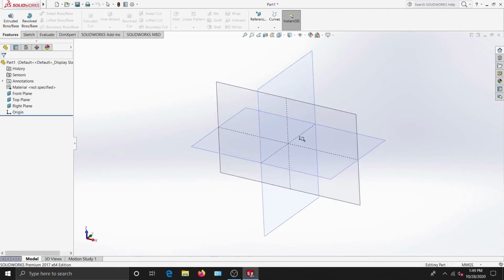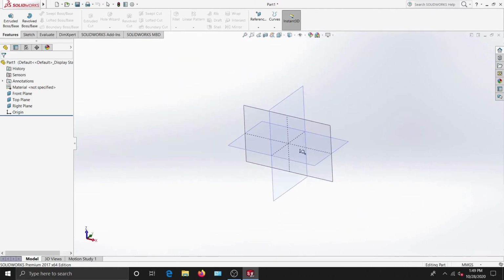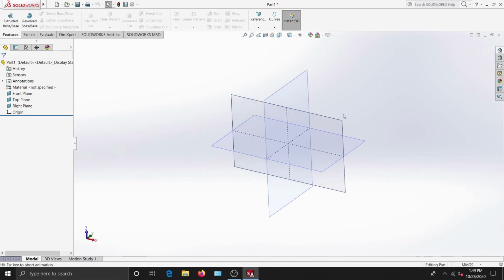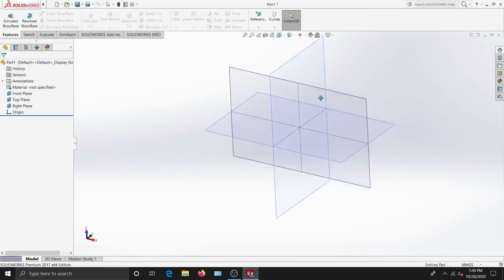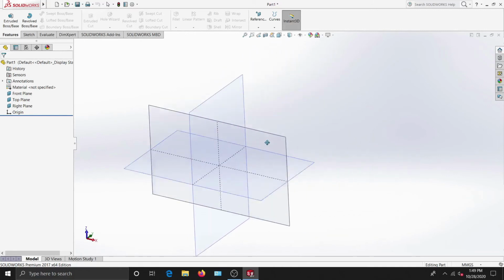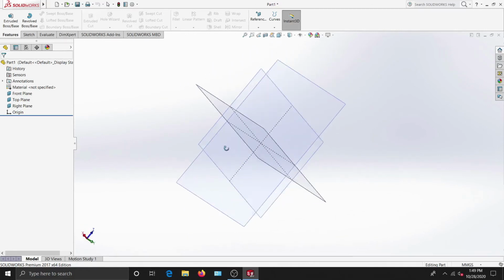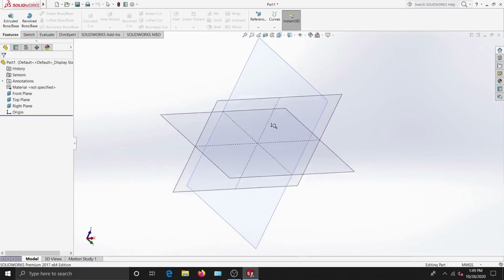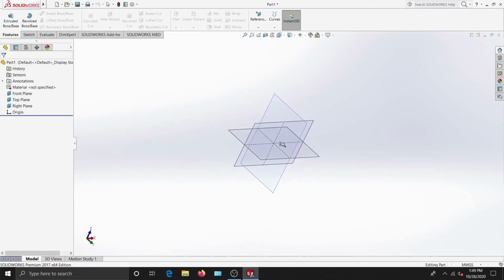Okay, so with my scroll wheel I can zoom in and zoom out, and for panning we can use control and middle mouse button. This operation is called panning, this is called rotating, and this is called zooming in and zooming out.